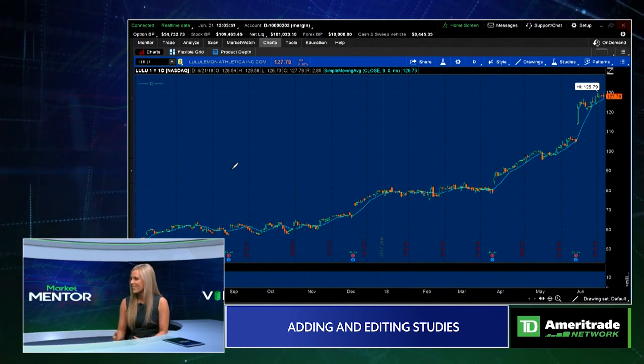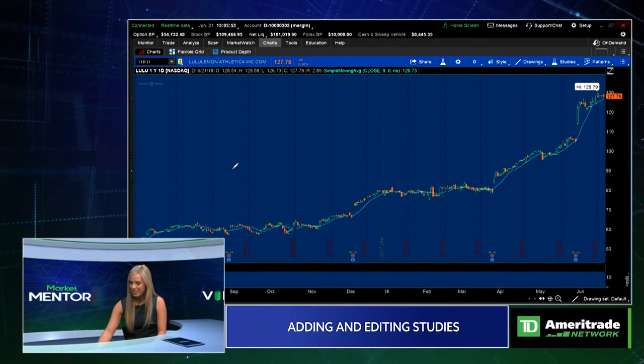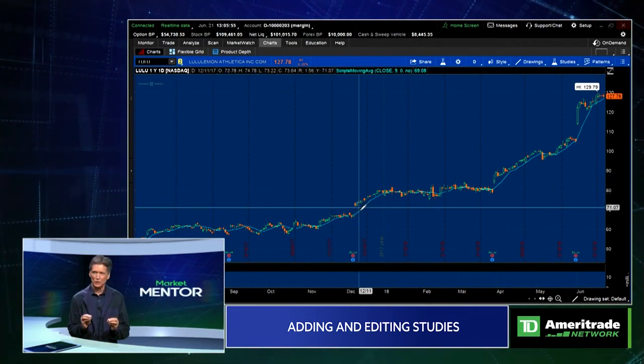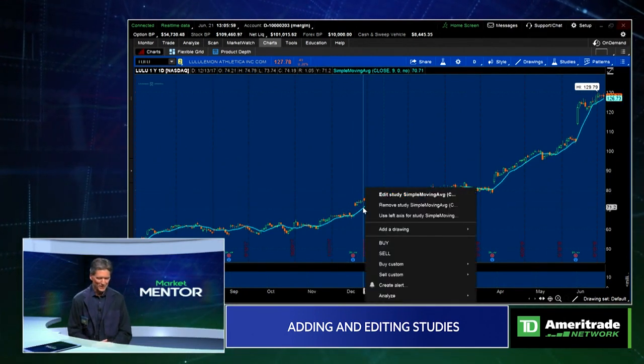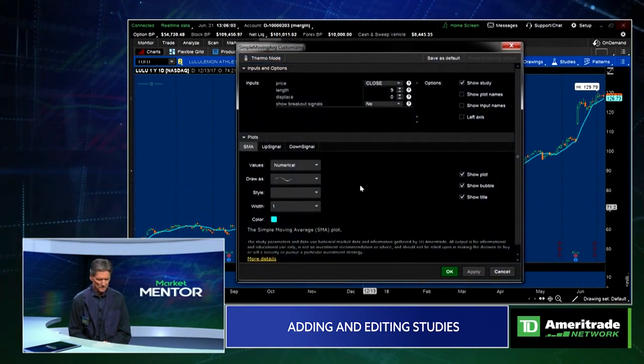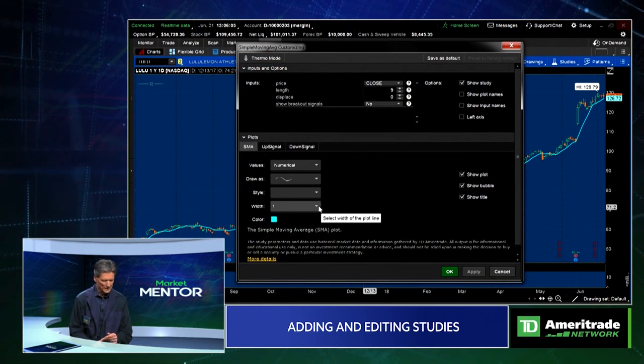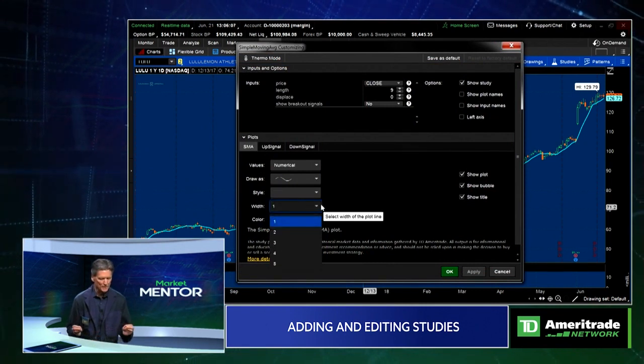There's a lot of different colors. I like it to be very obvious. All right, so if we'd like to see that simple moving average line just jump out at us a little bit more, if you will, Jenny, we can just right click on it and go to the top where it says Edit Study. And we can, right here, yeah, exactly, moving your mouse to the width of that line,